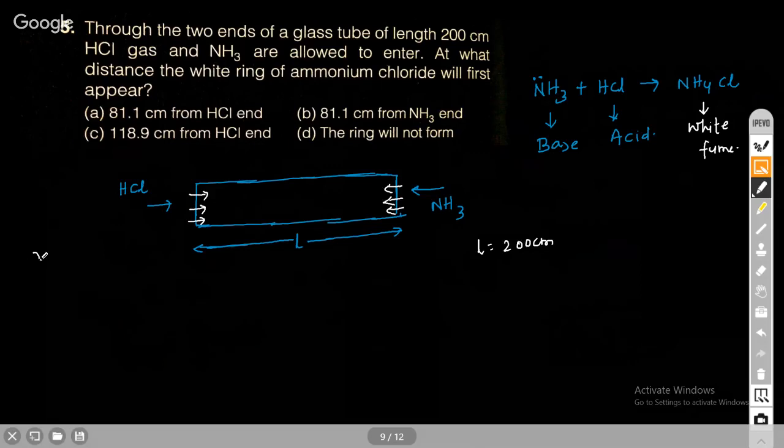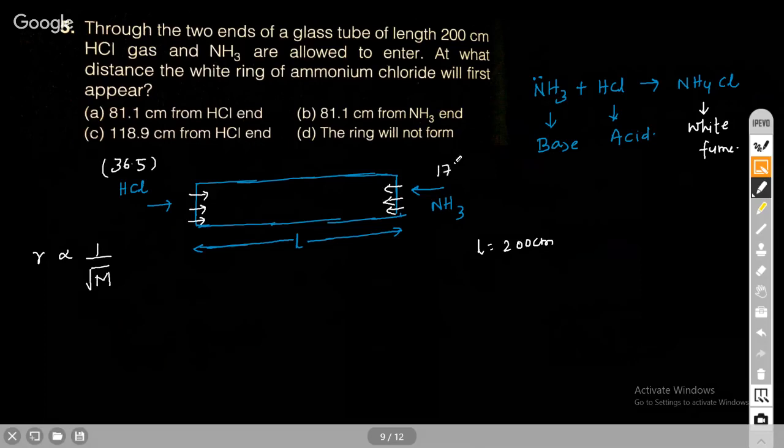Obviously, the rate of diffusion is inversely proportional to the square root of molar mass, right? It means the gas which has higher molar mass will diffuse at a lesser rate. Hence the distance traveled by the gas which has higher molecular mass is lesser than the distance traveled by the gas which has less molecular mass. The molecular mass of HCl is 36.5 and that of NH3 is